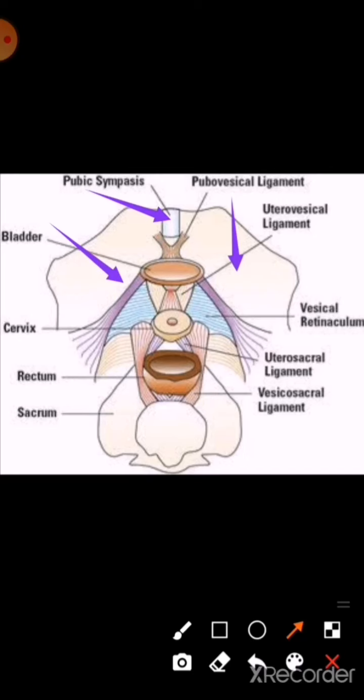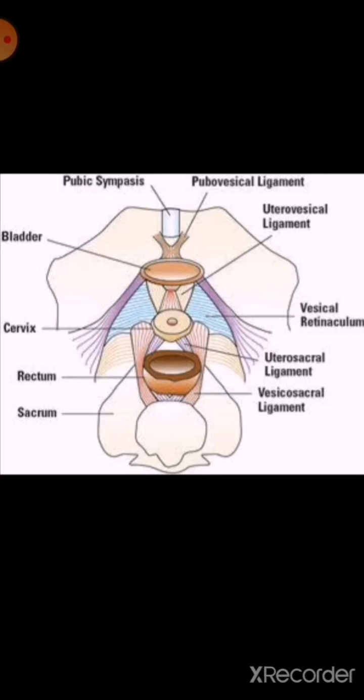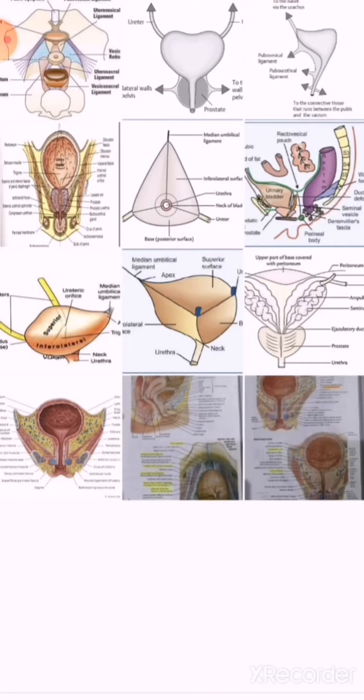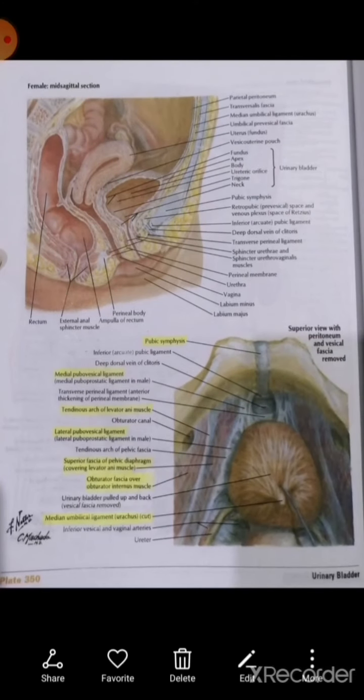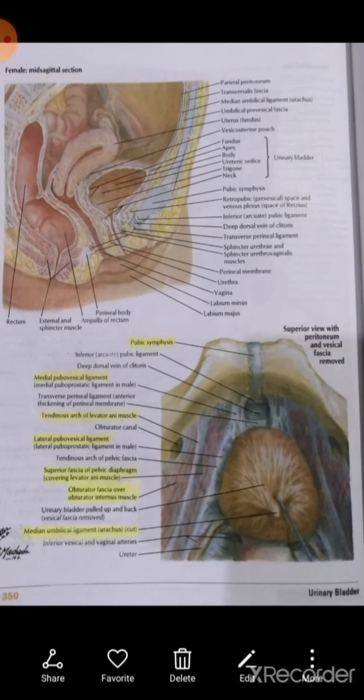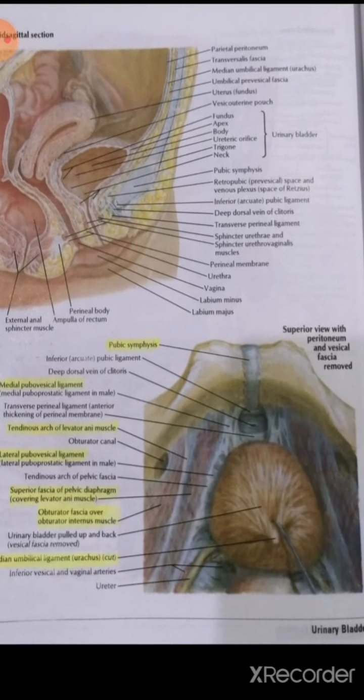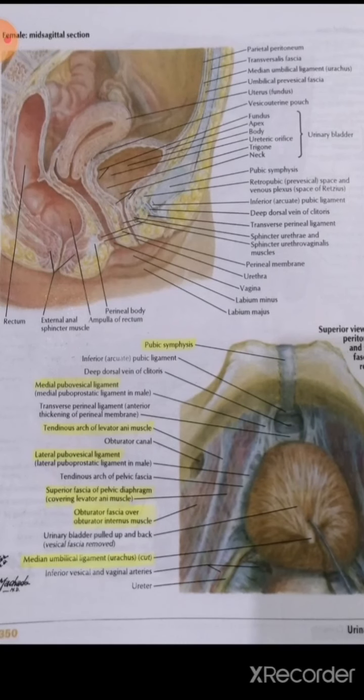And there are also ligaments, the puboprostatic ligaments, right, between the prostate and the pubis. There's also retropubic fat, right? And there's also the levator ani and the obturator internus. Let me find some interesting images. Over here you can see an overhead view of the urinary bladder. You can see the pubic symphysis, right? You can see the tendinous arch of the levator ani,